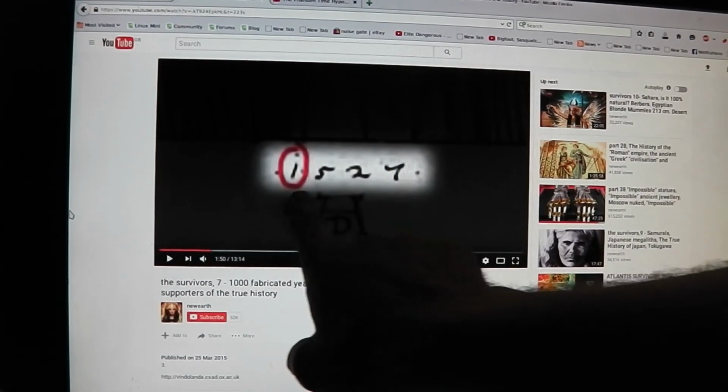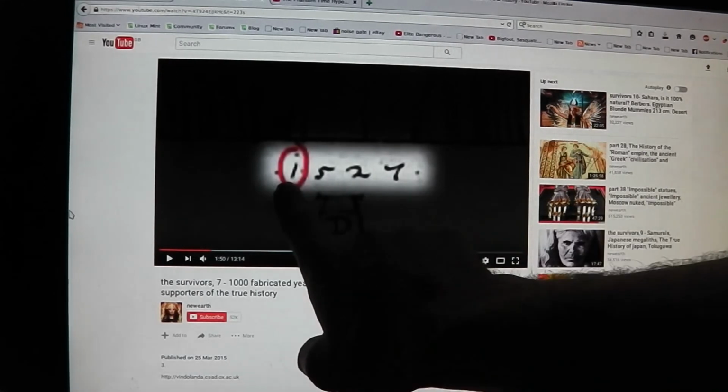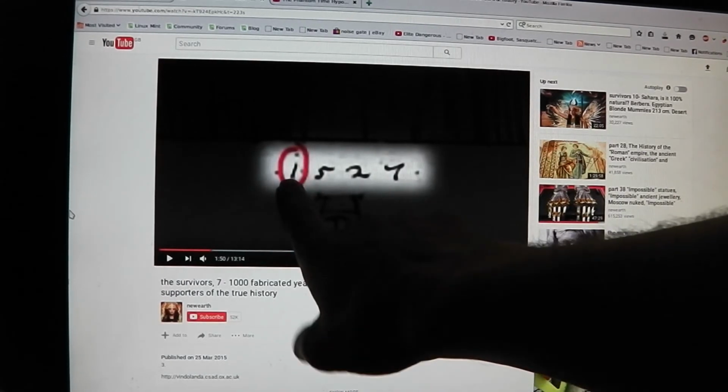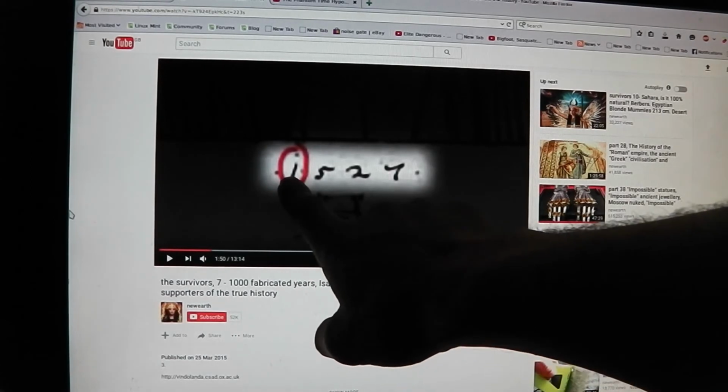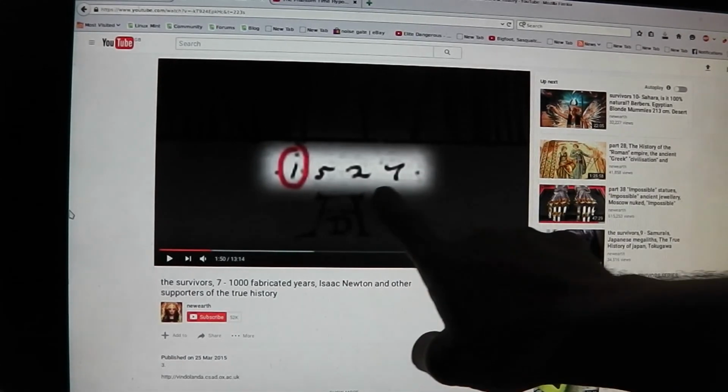Now, further to that, the New Earth theory is a rounded off full 1,000 years, and it's based on this I being used in a date, standing for Jesus. So that's the year of Jesus, 527, which, you know, I mean, it doesn't necessarily scan because you've already got AD here. If you can see that on this